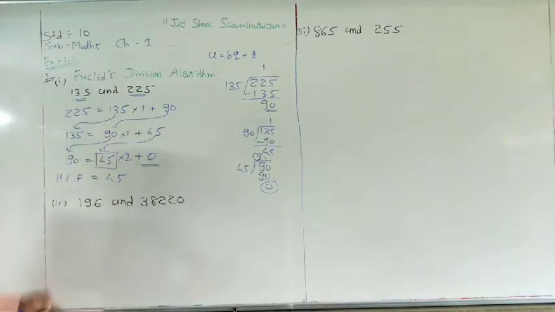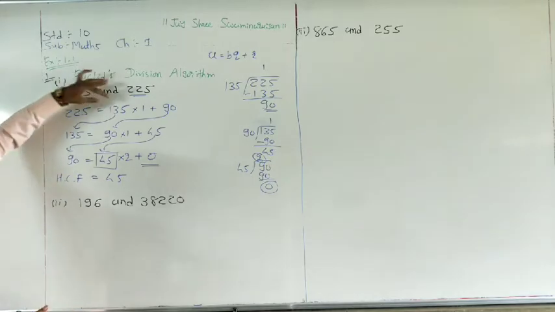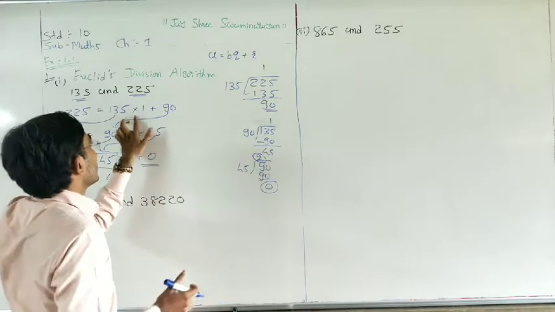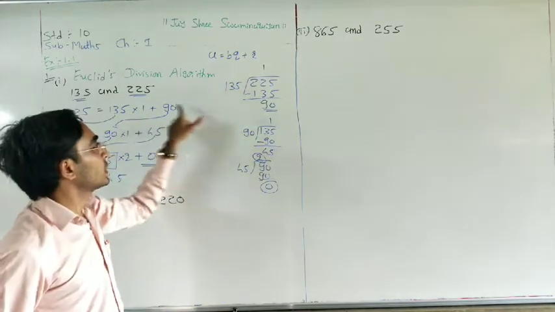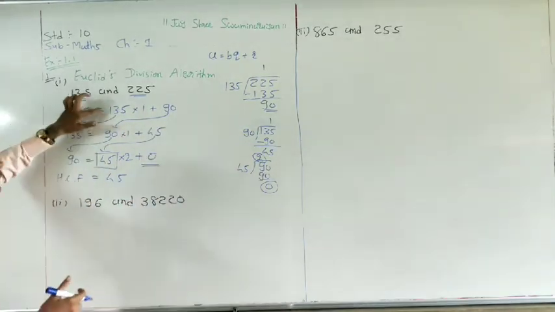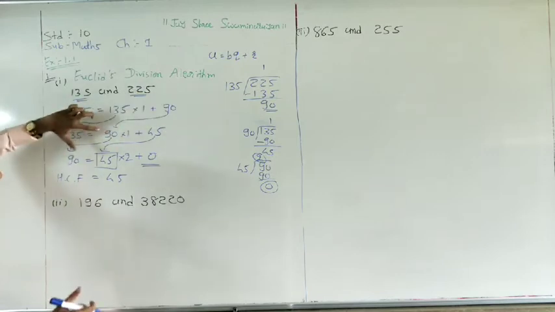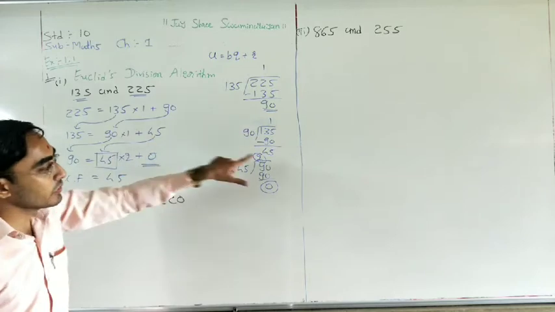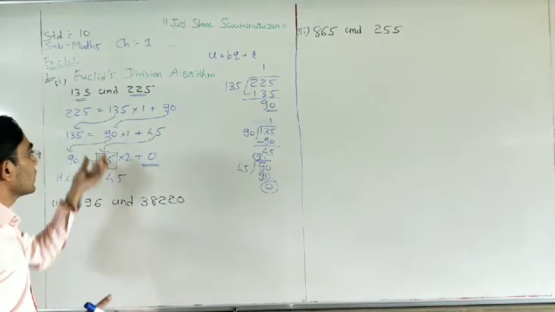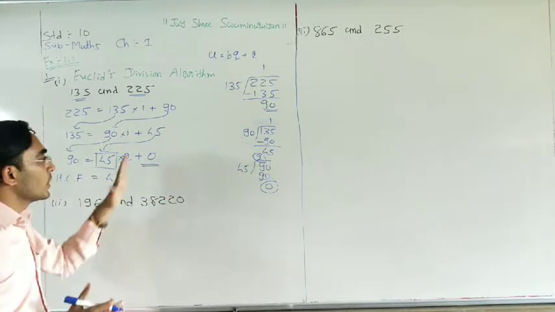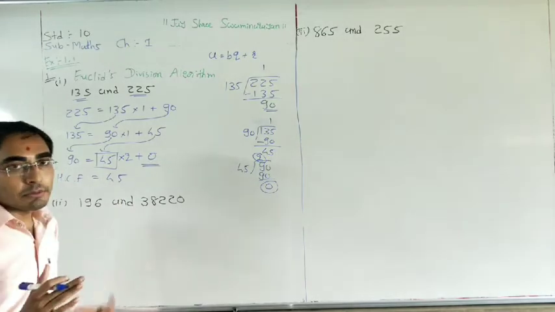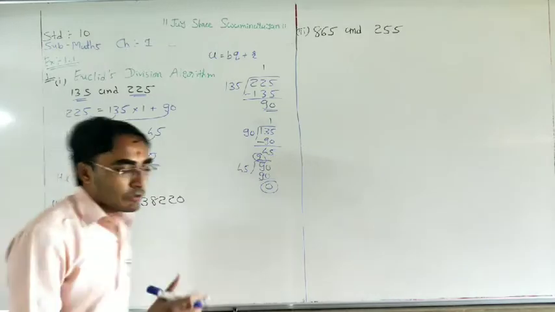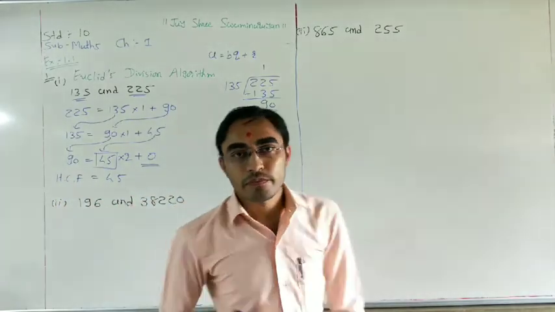Again I repeat this method. First of all, here big number, here small number, divide big number by small number. Your quotient it is in multiplication plus remainder r. Now transfer this number here, remainder here. Again do the division process, quotient in multiplication and plus remainder. Again same thing, up to whenever we get the remainder r as 0, at that time we get our answer. First number is our answer of SCF.